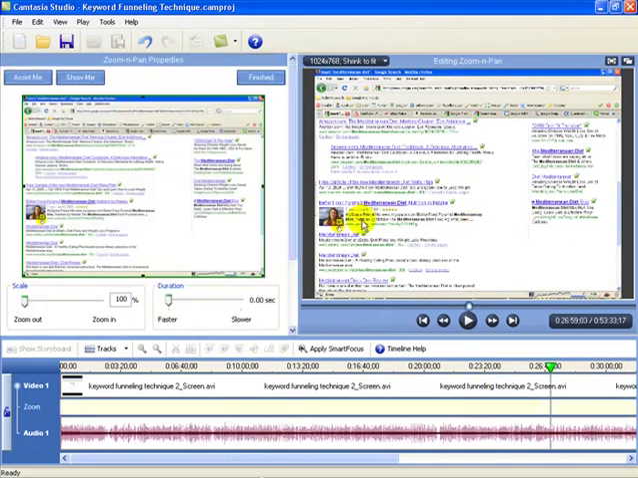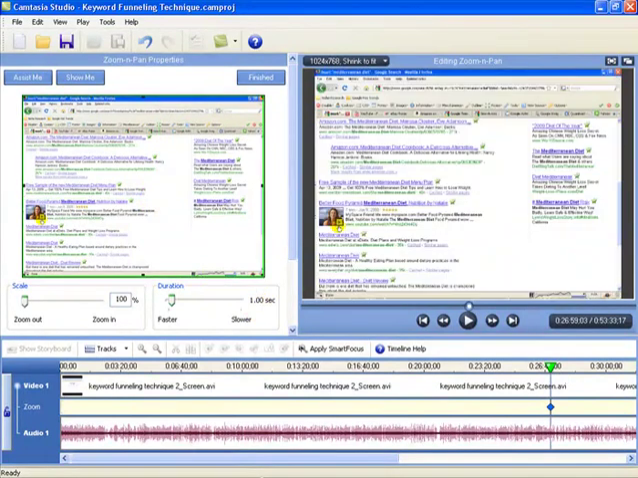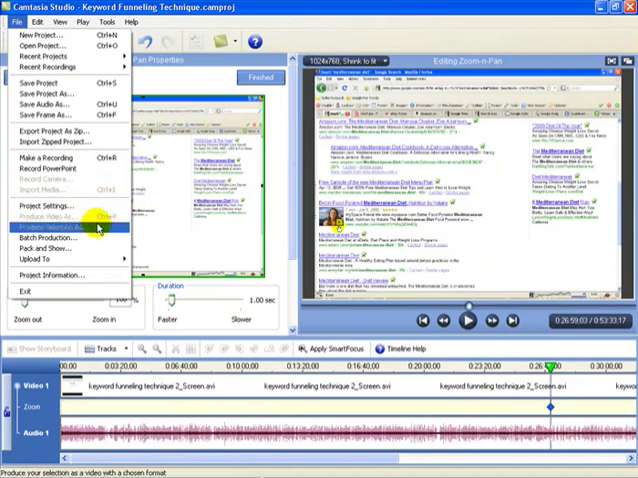You can zoom into certain areas if you want to focus in on an area, so you can see the detail of what we're talking about, all that kind of thing. And then you can go ahead and publish the video in many different formats. Just to show you real quick,